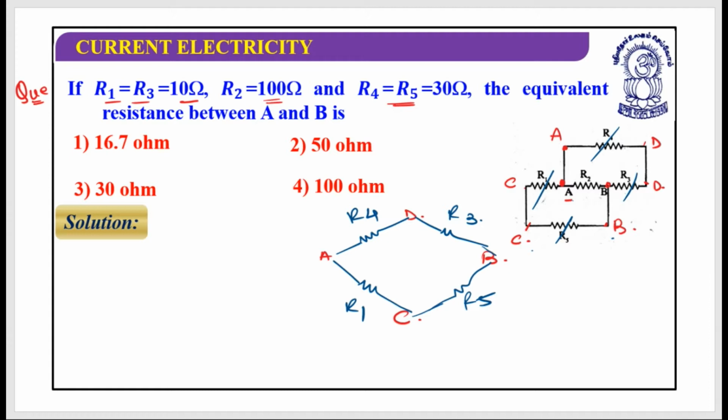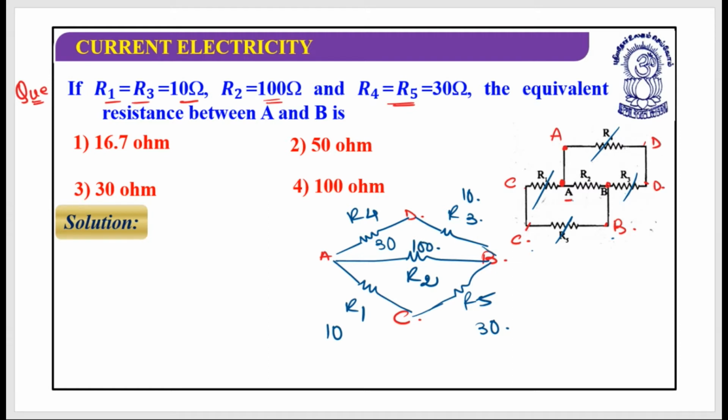Next, what happened? It's an A to B. This is A to B, which is equivalent to R2. So I required the resistance between A to B. If you observe this very carefully, R4 is 30, R5 is 30, then R1 and R3 are 10, even this is 10, and R2 is